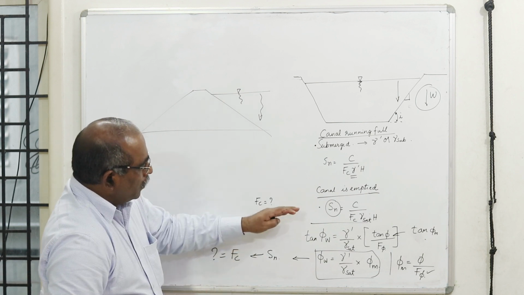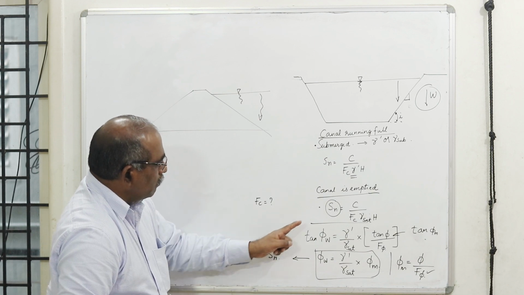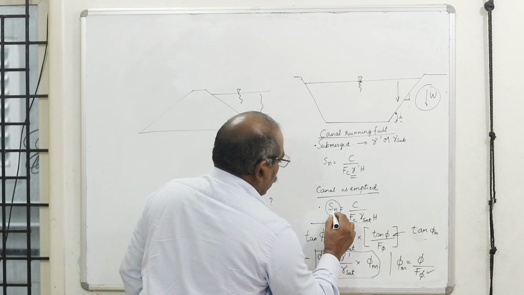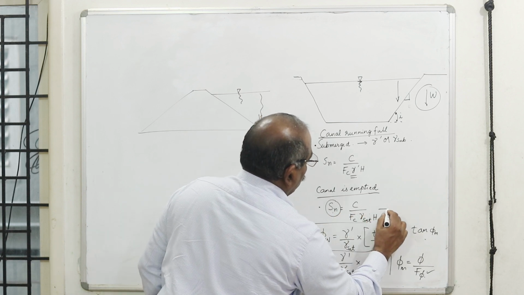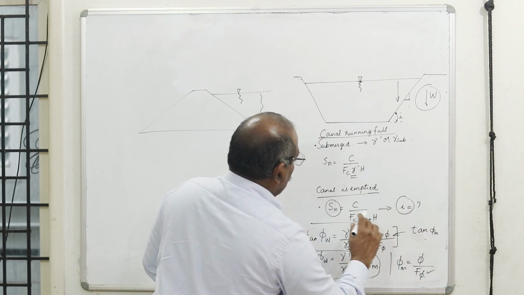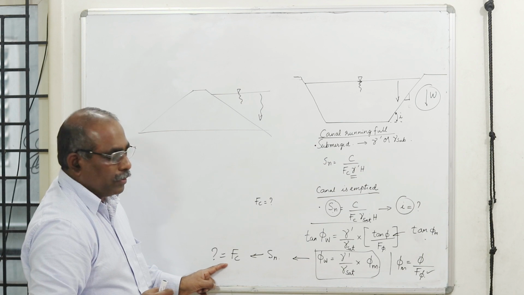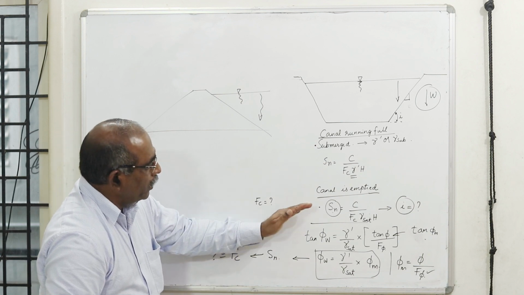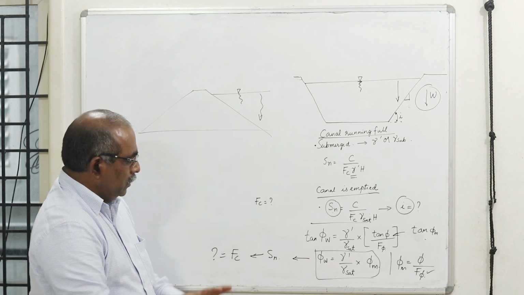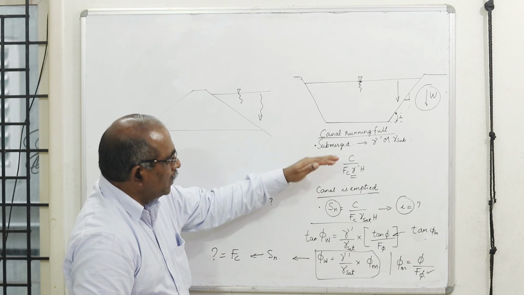Okay, there are two things. One is to find out my stability number and get my factor of safety. Or, for a given factor of safety, I can find out the stability number and use that value to find out the slope angle. I told you the two applications: one is to find the factor of safety with respect to cohesion, and the other is to find what slope angle I need to design. These two things can be done for the most critical condition, when there is a drawdown.